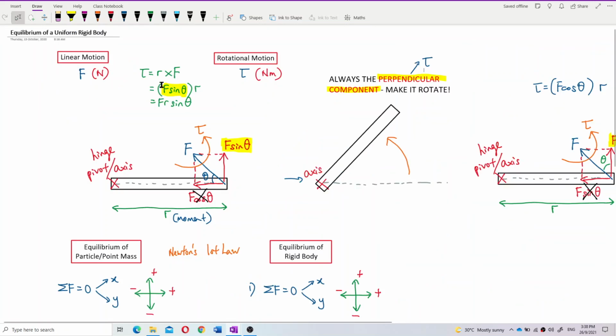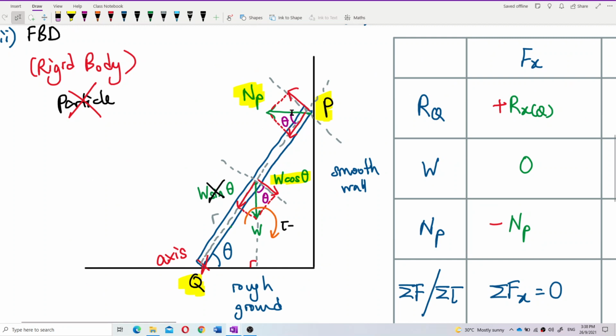Back to the original formula. This time the theta is between the force and the distance. So the perpendicular component, because it is opposite to the angle theta, becomes normal force sine theta. The parallel component becomes normal force cosine theta. But we know that the parallel component cannot rotate the object. It has nothing to do. What is important is only the perpendicular component, and sine theta will make the object rotate